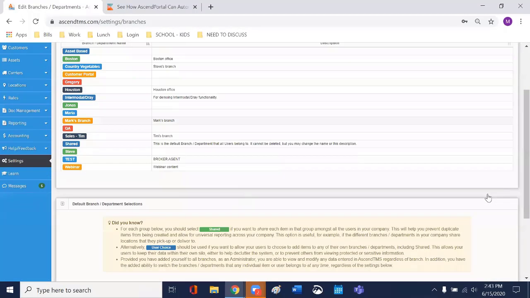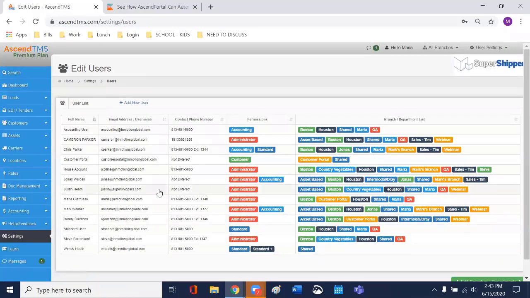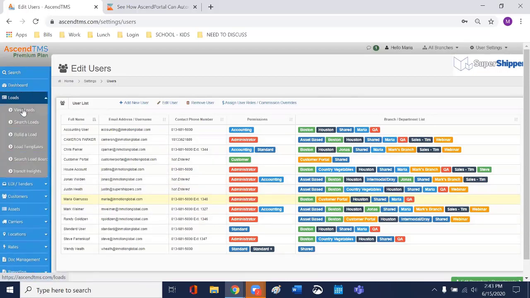Now, if we go back and we look at the user list, here's me. I know it's a lot of colors, but there's my 6 branches. You can kind of see who has what branch, but the colors really throw me off. So to give you one more look at another view,